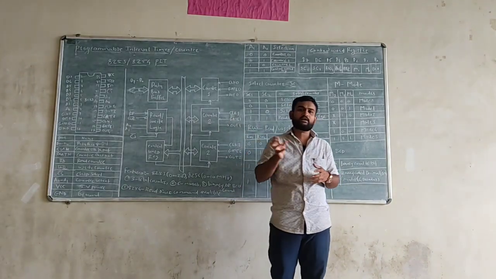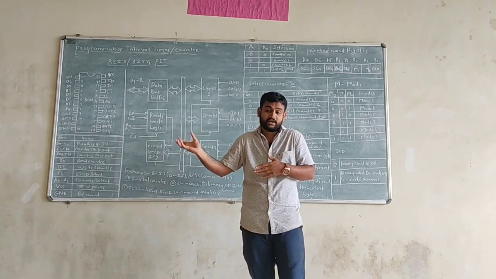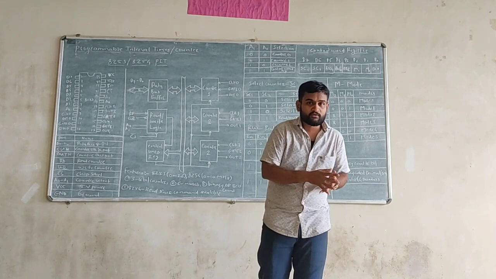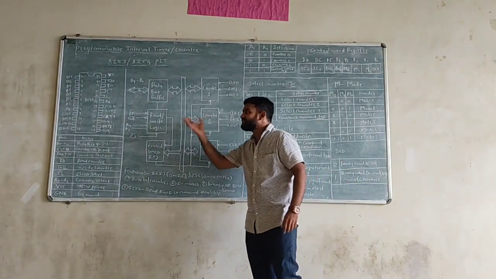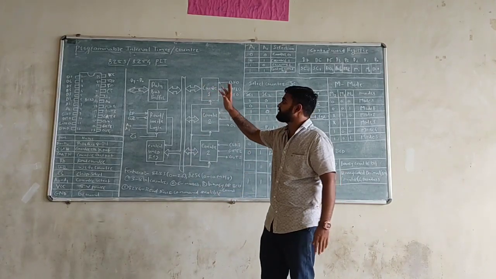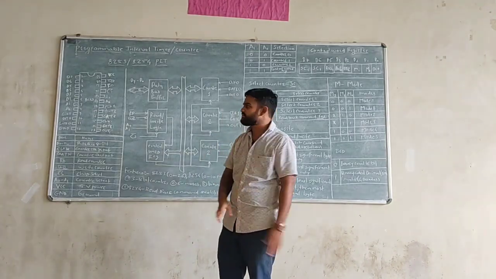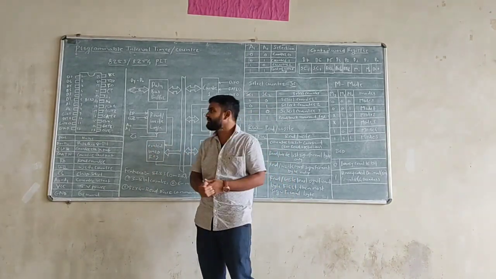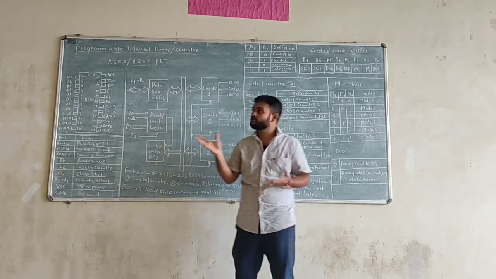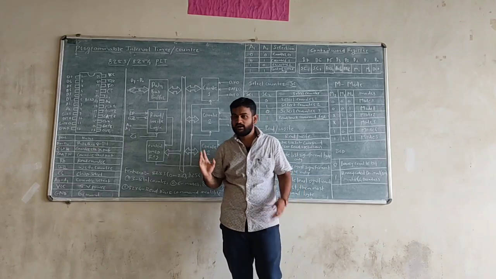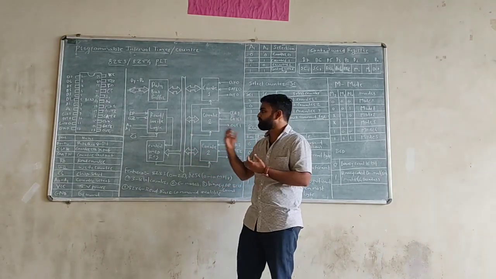Sometimes we need to count the events occurring with the program. For that purpose we have to use counters. For that purpose we have an IC, the programmable interval timer and counter. This IC comes in two different types, the 8253 and the 8254. Both ICs are used as an interval timer and a counter, but they differ from each other a little bit.